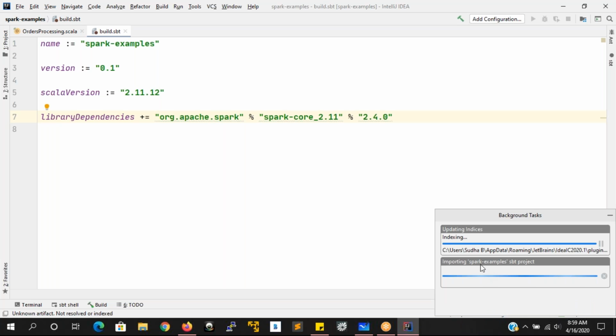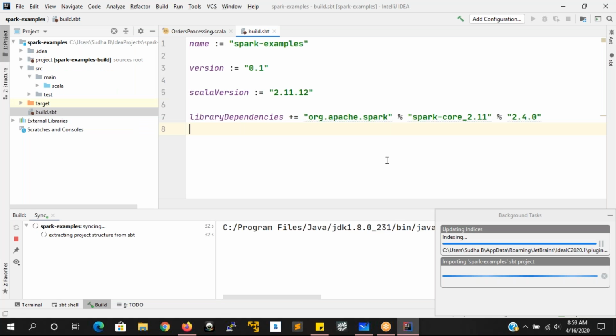So here it is going to show importing Spark examples SBT project. Yes, now it is syncing up.